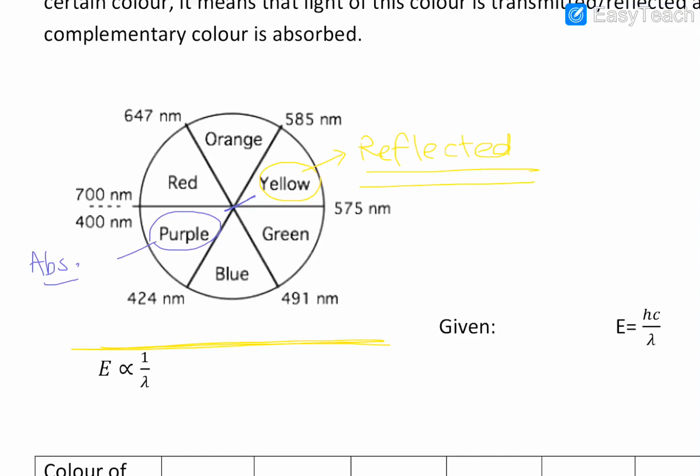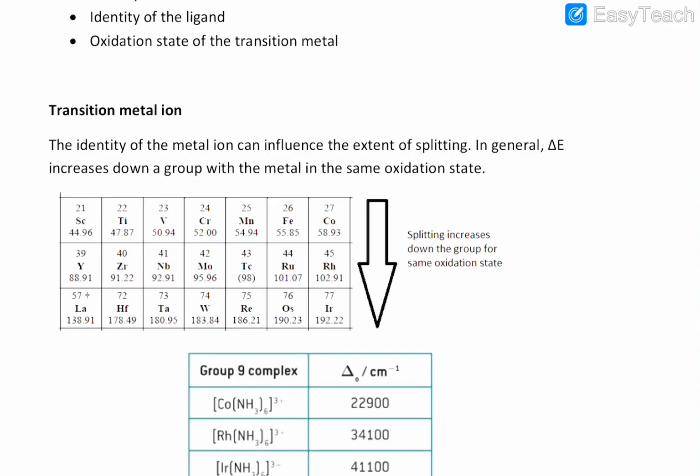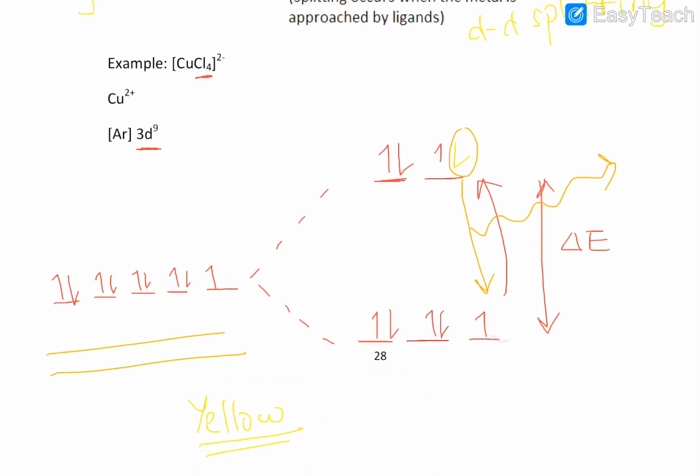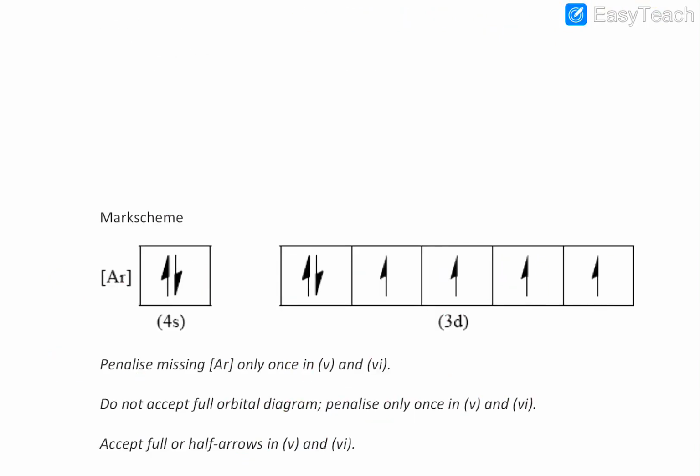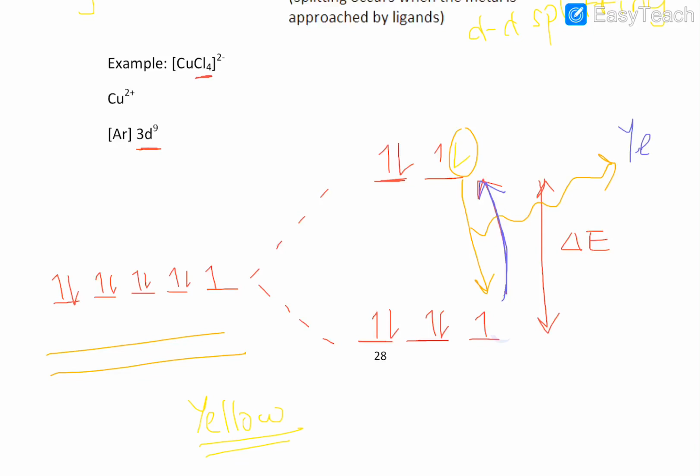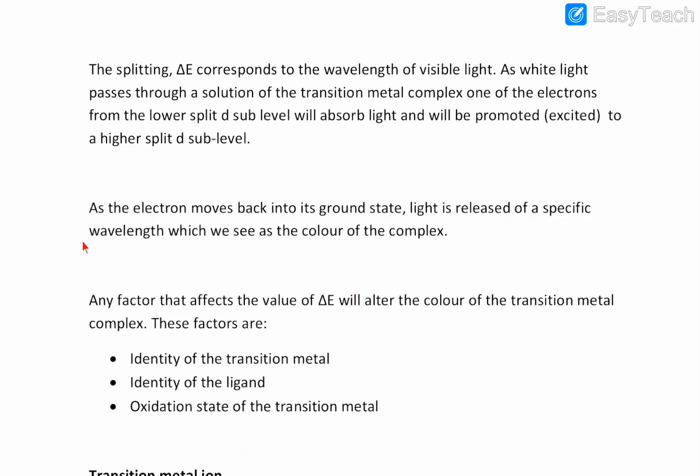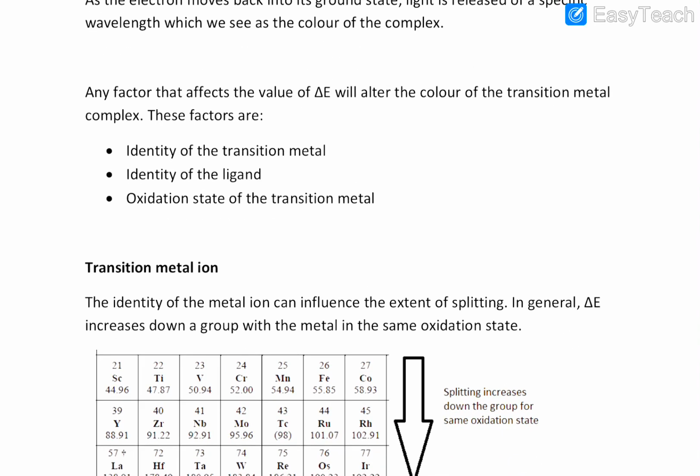So when light of purple color is absorbed by that electron, it gets promoted and it's going to get excited. So purple color is going to cause that electron to get excited, and as it gets back to its ground state, this is going to release yellow color. So yellow color is reflected and purple color is going to be absorbed. So you can read through this. This explains the color. Now, any factor that will